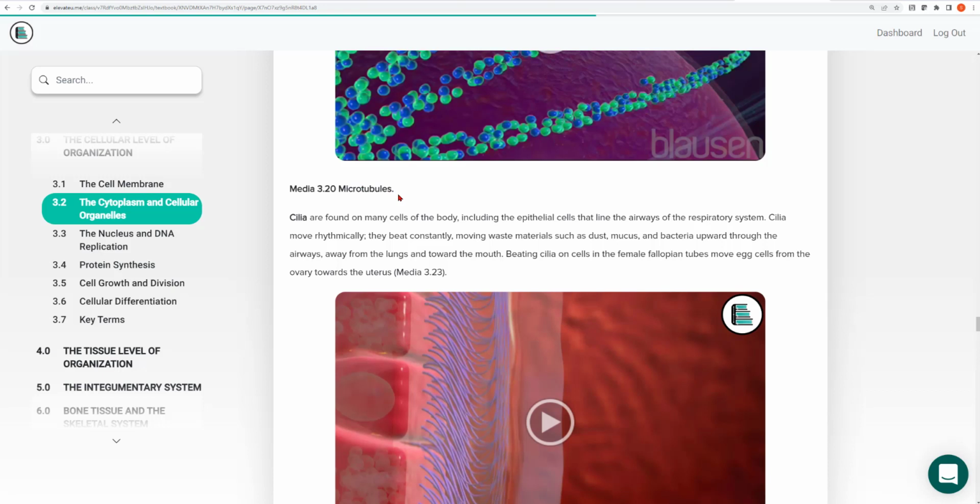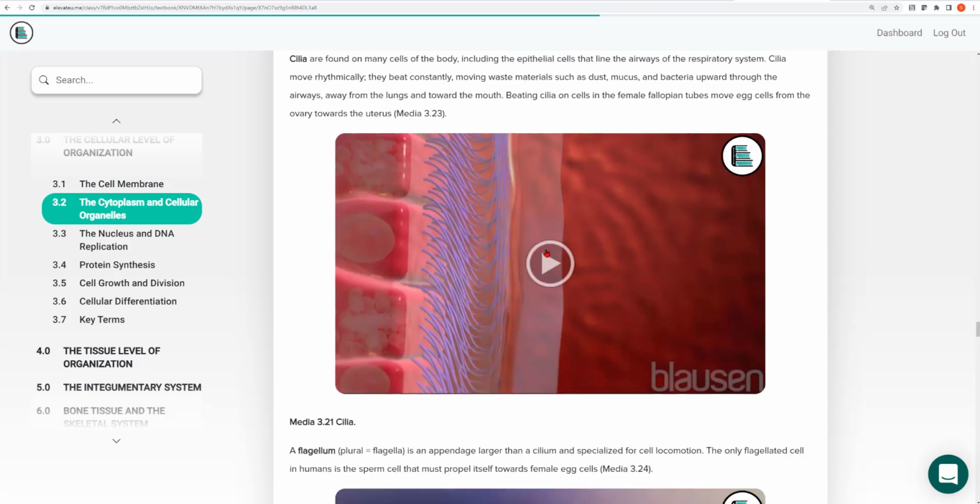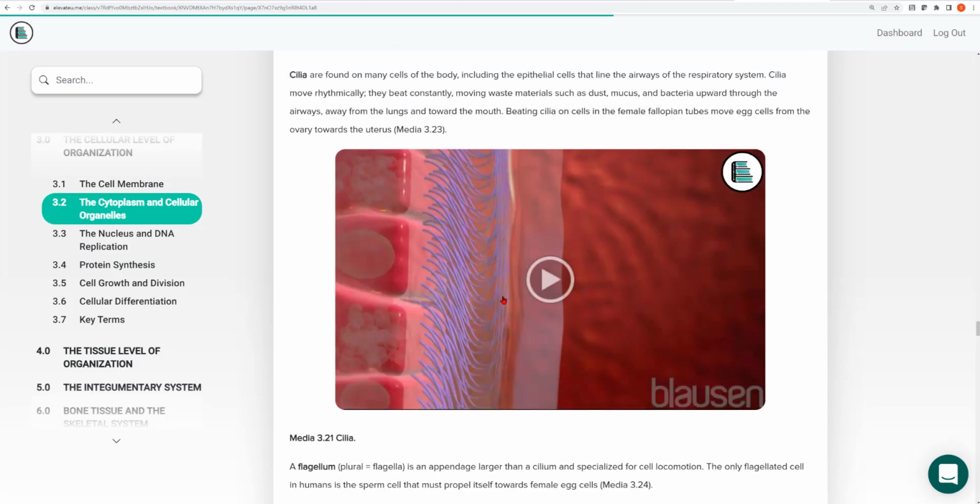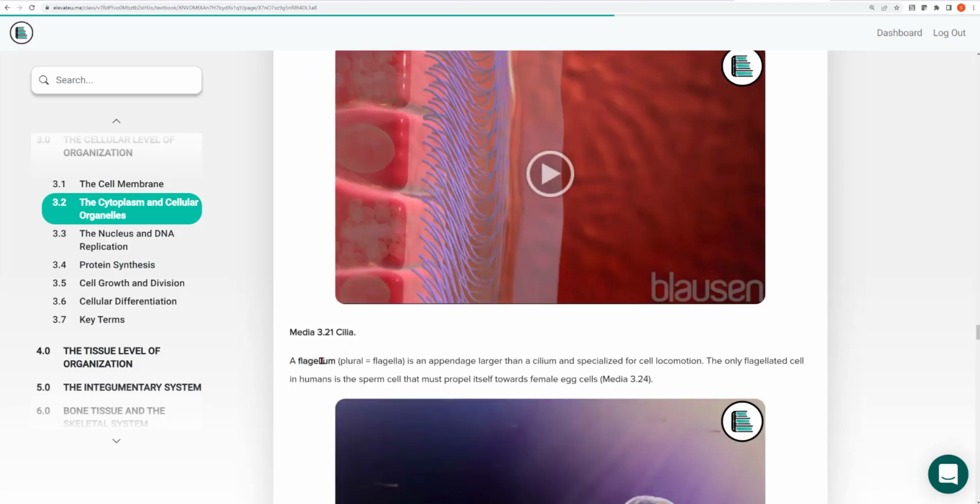Microtubules are the components that make up cilia. And cilia, we'll see on many of our cell types, are important for moving things through our body. They also help to catch the dust and the bacteria that would try to make it down into our lungs. We also find cilia in the female fallopian tubes, where they help to move the egg and the sperm through the fallopian tube. In addition to cilia, there's also flagella. Flagella are appendages. They're also made up of basically microtubules, and the only cells in humans that have flagella, or flagellum, I should say, are sperm.